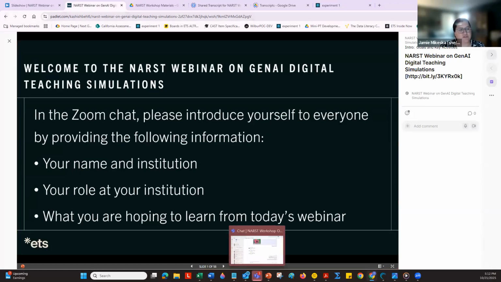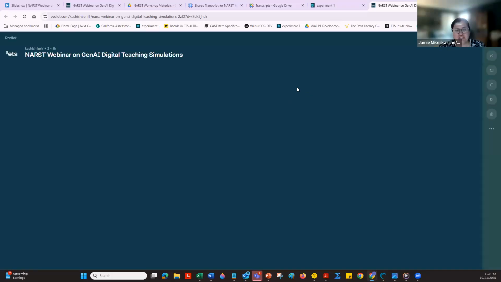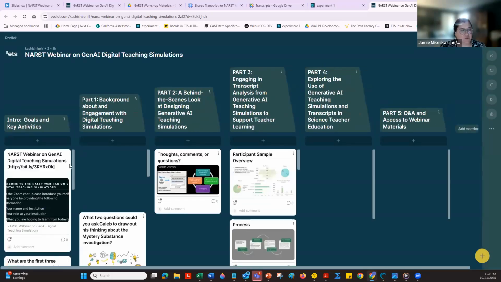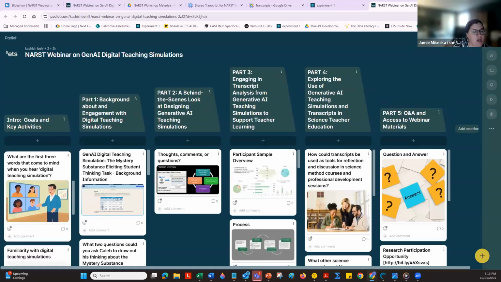Can you go to the Padlet there, Trisha? Yeah, okay, great. Sorry, it advanced, so give me just a second. I'll open it up again. There we go. It just advanced on the... No problem. So when you either click on the link in the Zoom window or the QR code, which Trisha will show in just a moment,